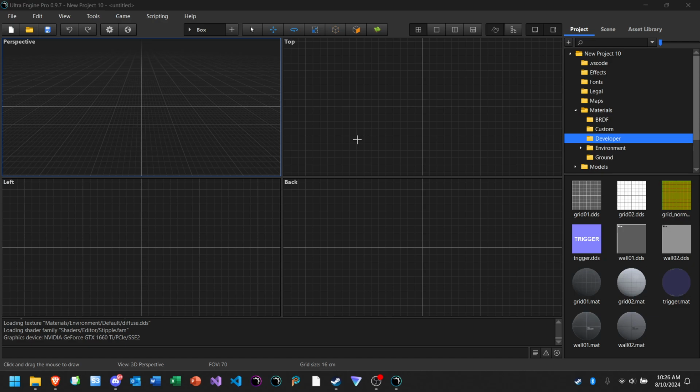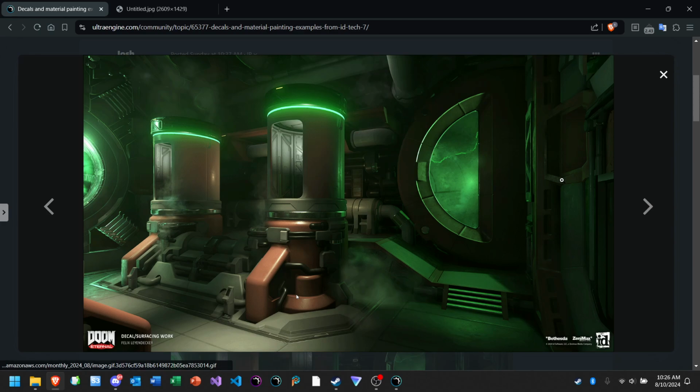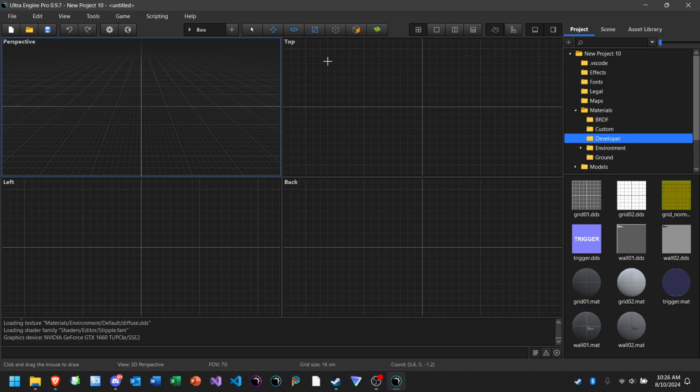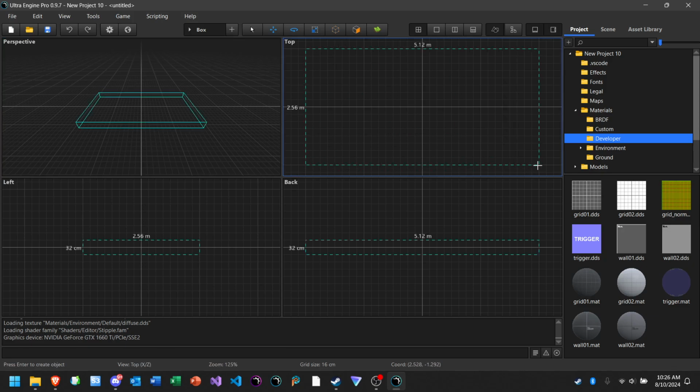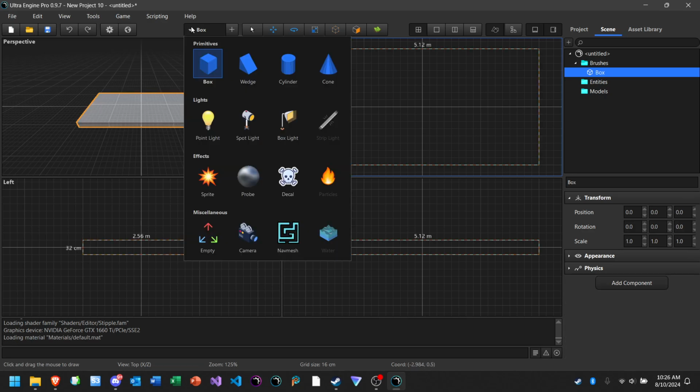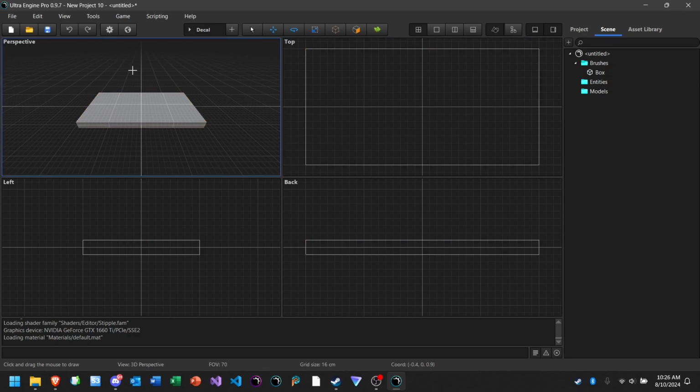Okay. I also agree that the drag and drop for the decal is way easier than it is right now. So the way we're doing it right now, we have